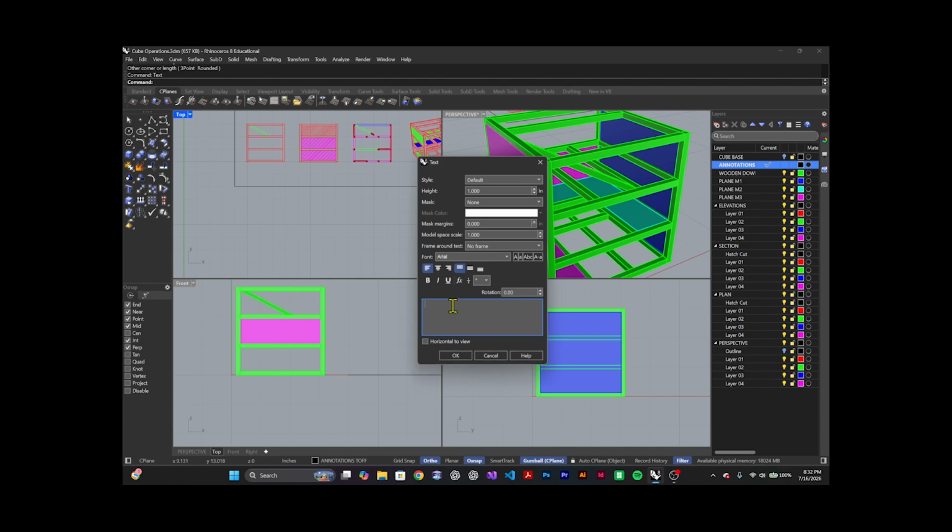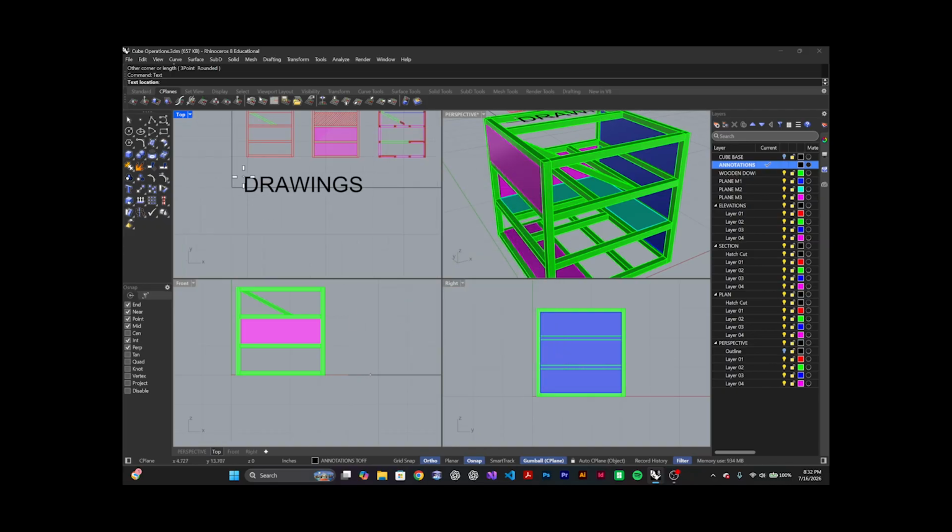This one, the first, this one right here, it's gonna be my drawings. Okay, so I'm gonna move it right there, and then if it's too big, just click on it, and then